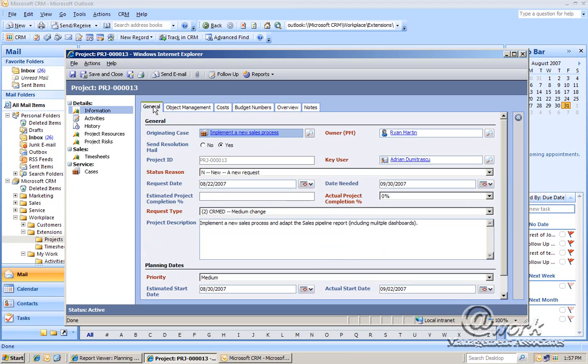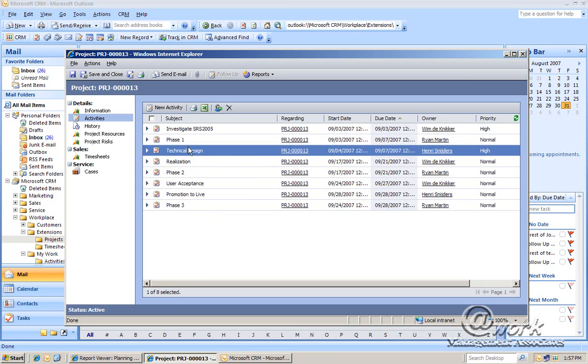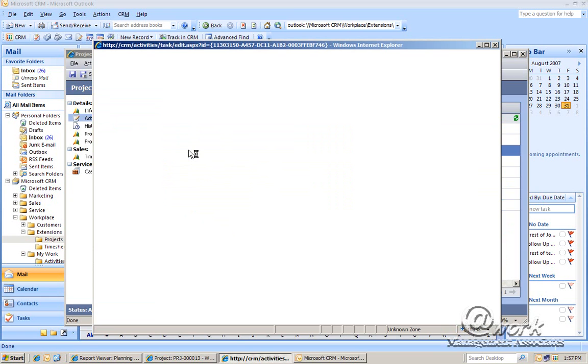Projects are mainly about activities, what type of phases and tasks you have to do in order to realize the request. As mentioned before, the request type determines the number of tasks that will be generated for this particular project. This project has 3 phases, as we can see here, and each phase has a number of subtasks which are associated to it. For example, if we look at the technical design phase and we open this,